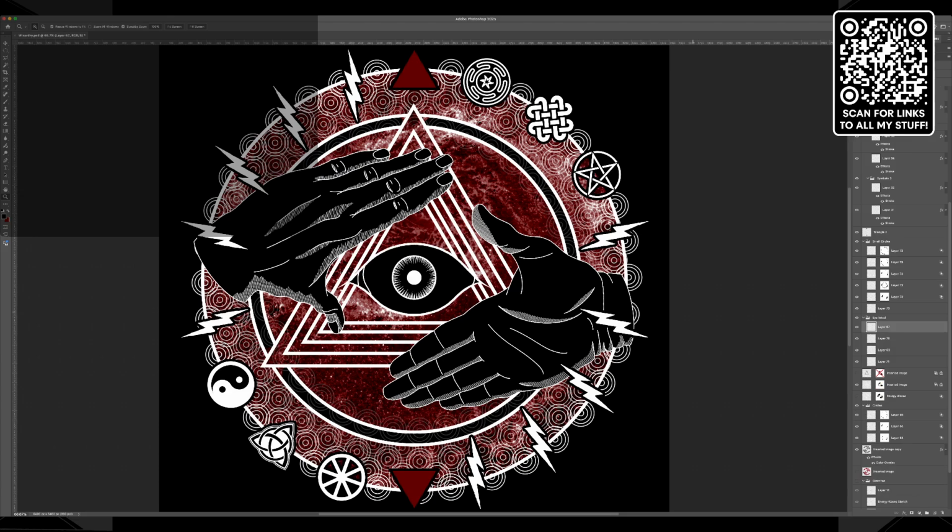So what I need to do is find, is this the big circle? Yes. Let's go to the circle layer and expand that by 2 pixels just to move it inside the border.